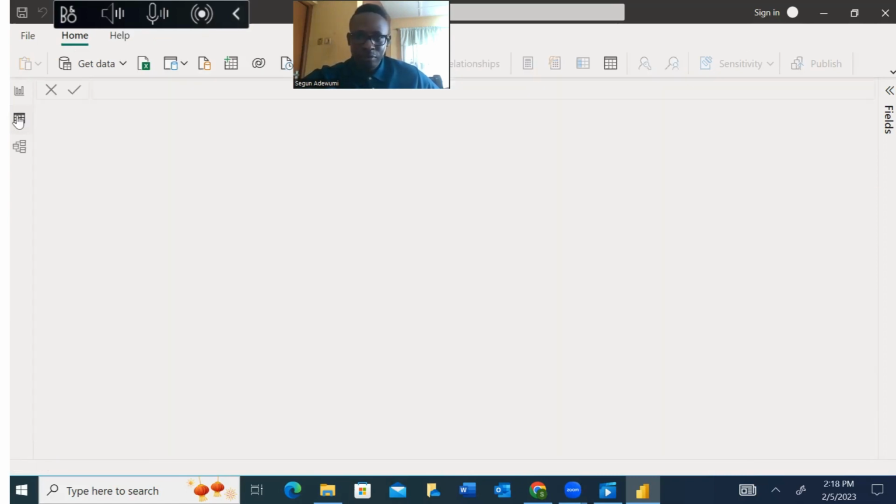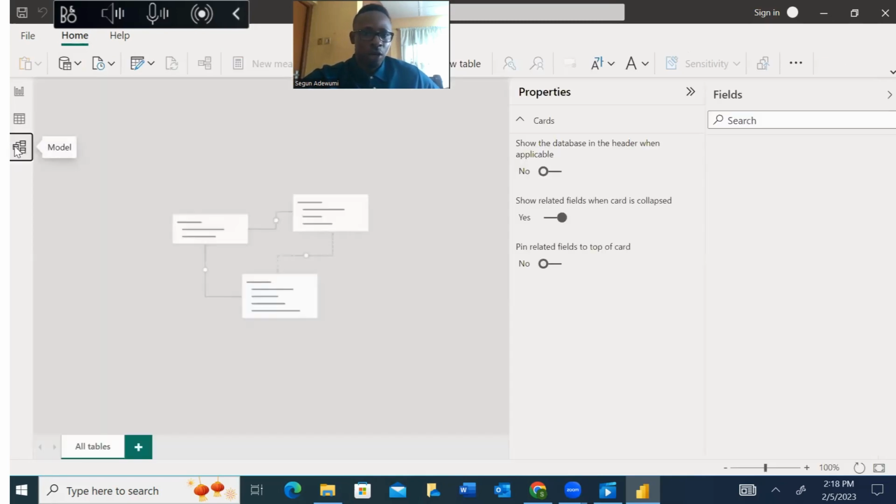When you click here, this is the data pane. It's not showing any data because we have not loaded anything. And this place also,